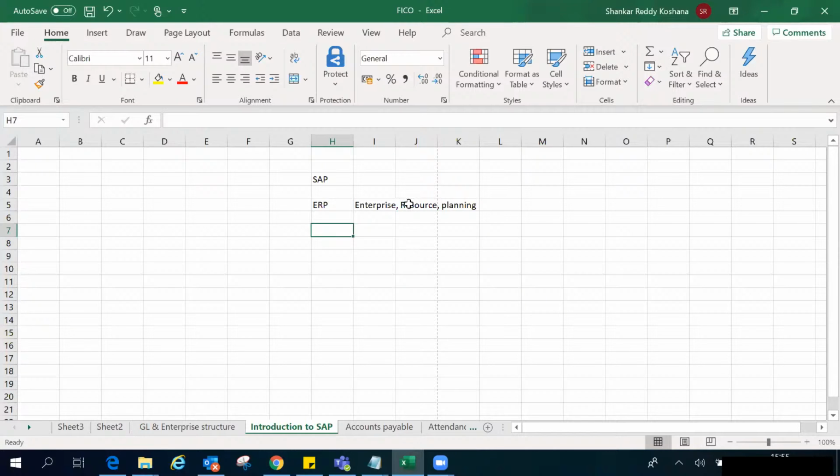Now, what do you mean by resources? Resources means anything in which the company invests some money, from which it will get some benefit in the future. That is called resources. Meaning any spend that is made by the company which will have a long-term use is called a resource. If you are working in a company, you are also a resource, because